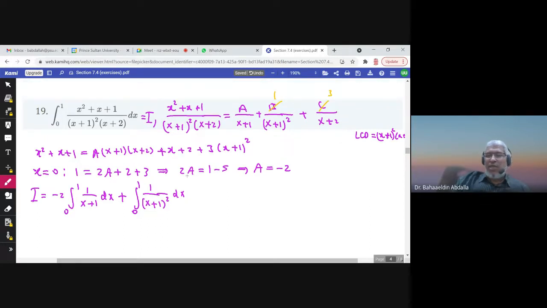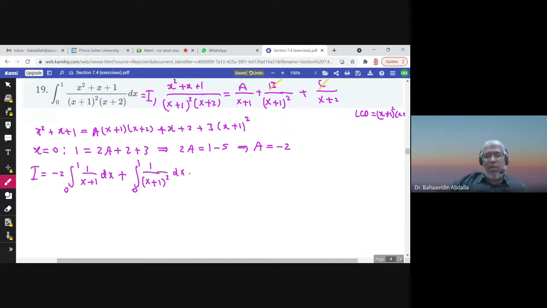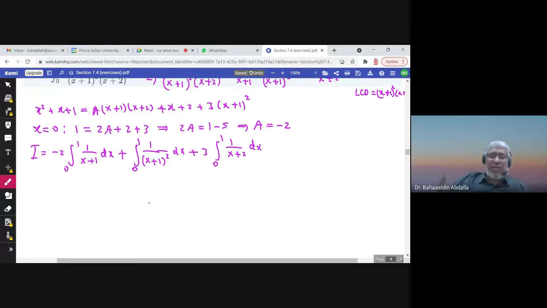C is 3. So plus 3 integral 1 over x plus 2 from 0 to 1 dx. And that's it. Only this integral now. It is easy to find this integral because you can just call u equals x plus 1, usual substitution, and